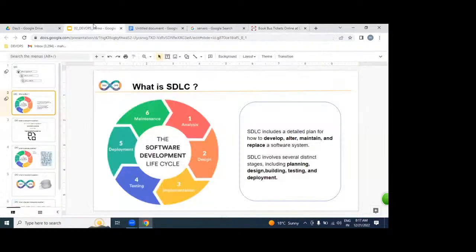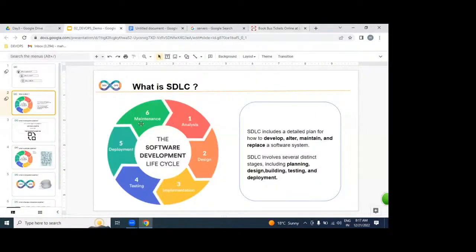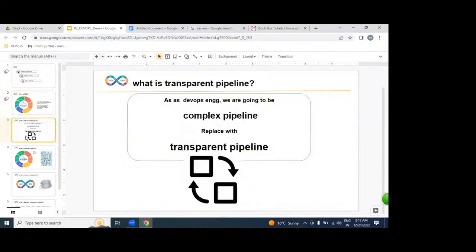That's it. So we have to monitor and maintain these websites. So that we are calling as what? Maintenance. By following all these stages, we call it as what? SDLC.